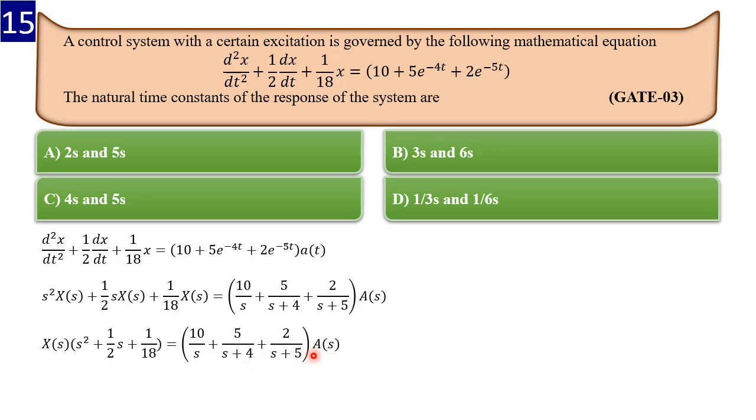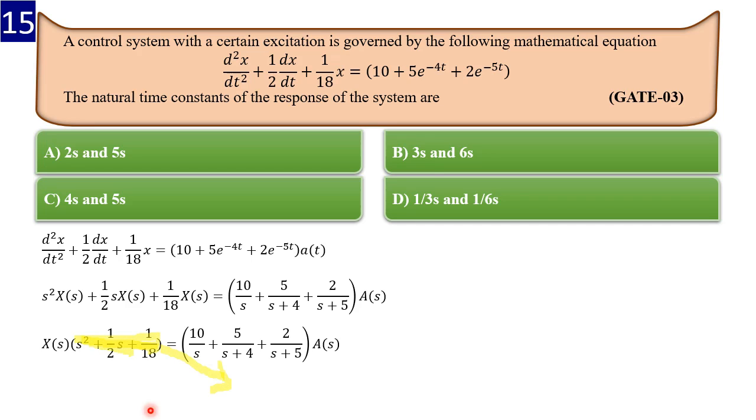So we are not going to do output upon input and then take the Laplace inverse. We just have to find the time constants here. So for time constants, as we know, only the roots of the poles are taken. So the pole will be here, as this goes in the denominator. So this will be the pole. We can directly calculate the time constant by equating this term to 0.